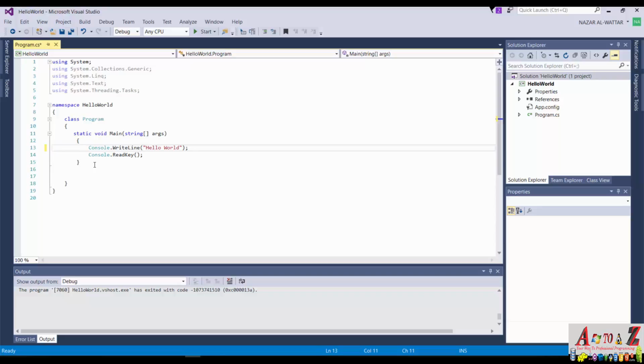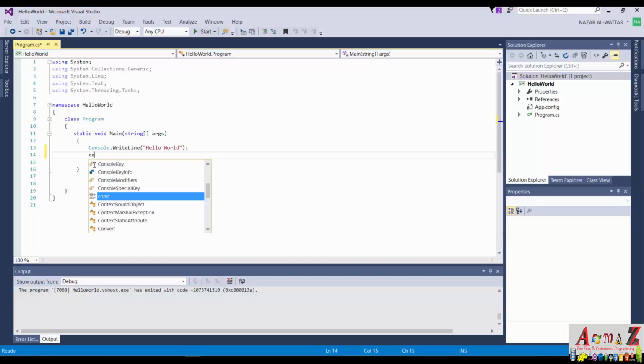Also, another feature of the C# syntax is that C# is very case sensitive. So we need to be careful and aware when writing code using C#. For example, if instead of Console with a capital letter, we wrote console. So at the beginning, as you can see here, once you write the first letters of what you are